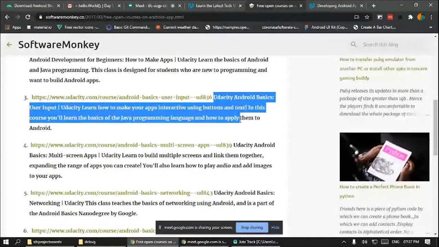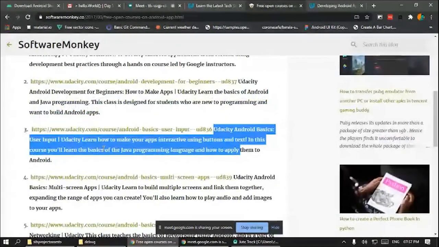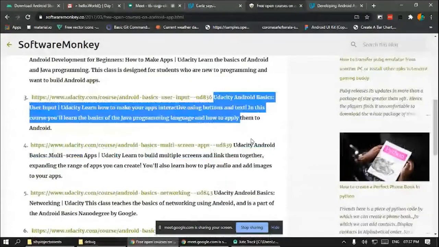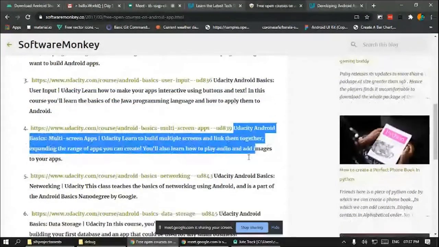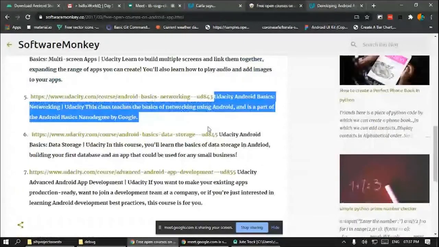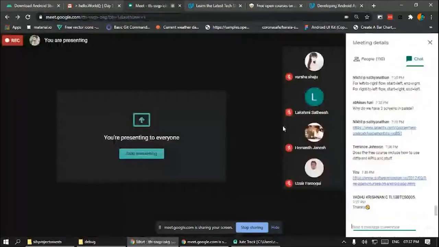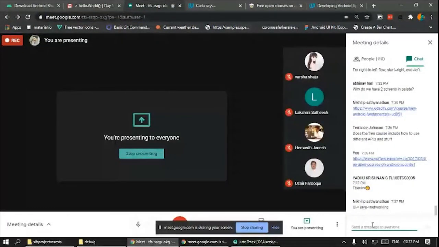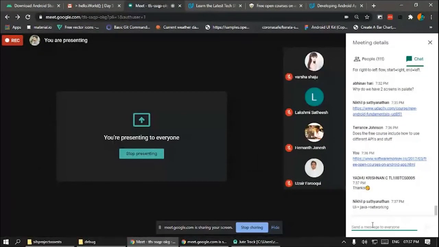This is to get you started on user input. This is to get started on multiple screens. This is to get started on networking. The networking, you asked about API and stuff, and that belongs to networking. Yeah, UI, Java, network. So there it is. You have free courses there. Just go in there and you are good to go.